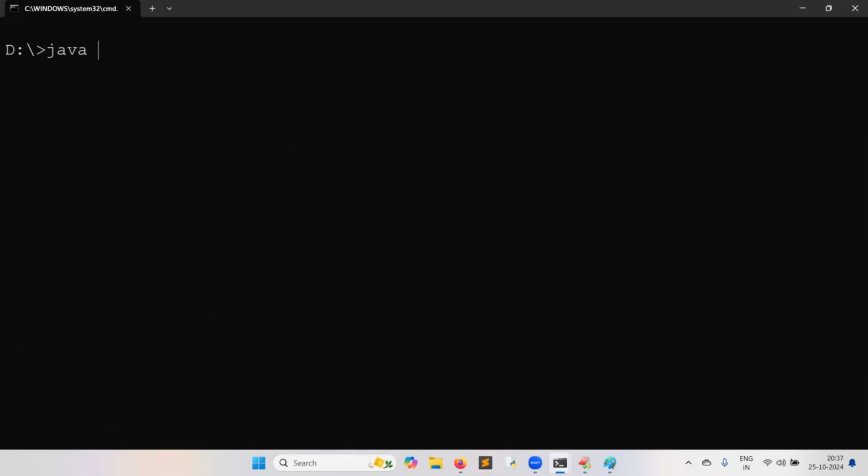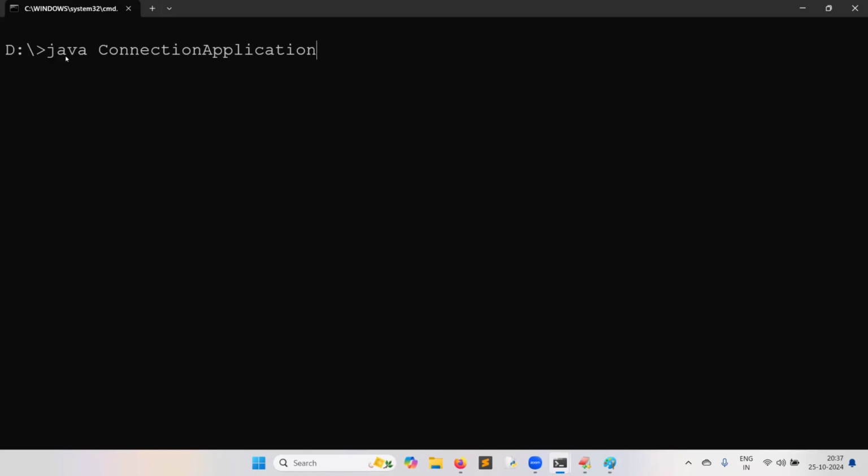Okay, java connection application. First of all, the java command is given to whom? Given to the operating system. The java command is never given to the JVM. The java command is given to the OS. What does the operating system do? It calls the JVM. That's all. The java command is meant for invoking the JVM, calling the JVM only. But the command is not given to the JVM. The command is given to the operating system.